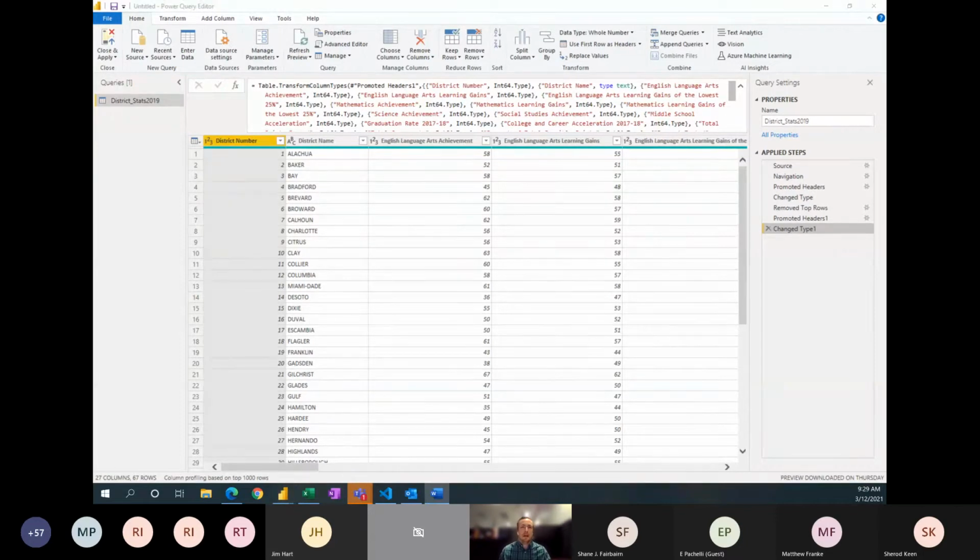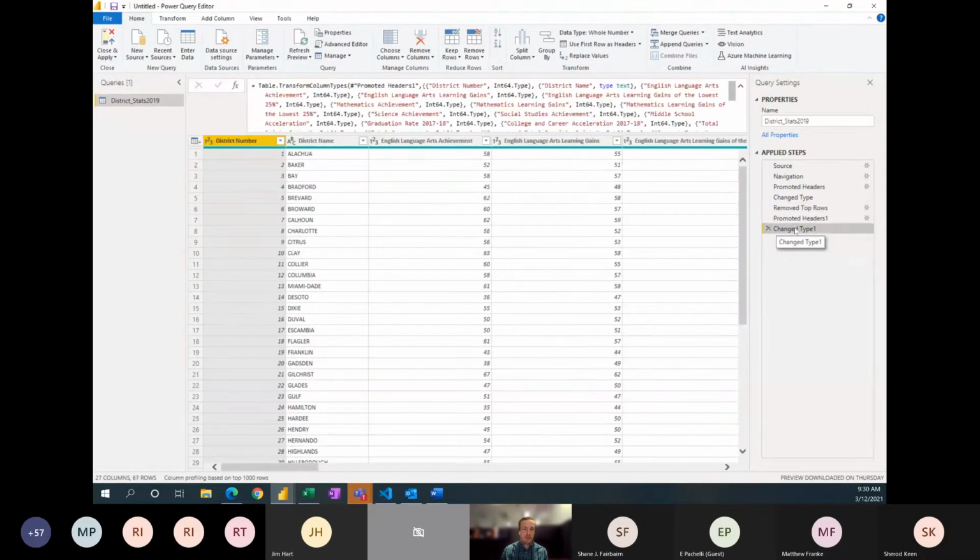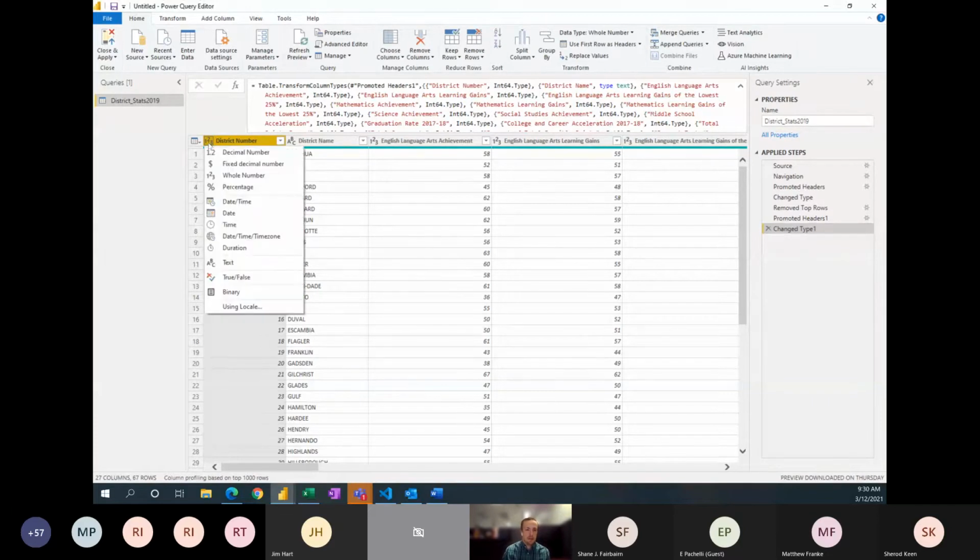it tries to anticipate what those values are, but when we click on and we look at the district number, and you probably have all experienced this in Excel, sometimes we have that leading 0, and we want to leave that because we don't really necessarily want it to remove that and turn it into a number as it assumed we wanted to do. So we're going to go ahead and actually change this data type back to text and get that leading 0 back in the position that it's supposed to be. So when we click here on the actual data type that's currently 1, 2, 3 for our whole numbers, it gives us a variety of options of data types that we can choose from,